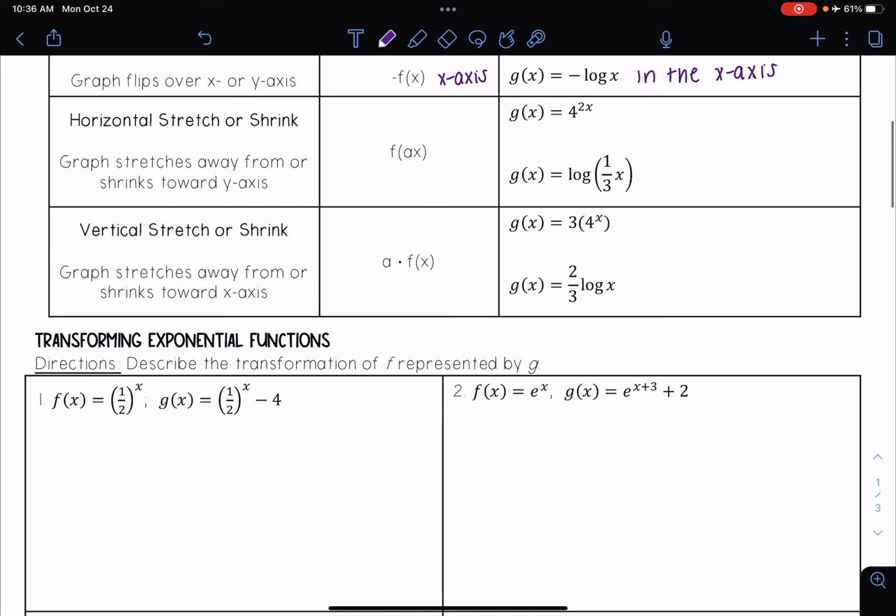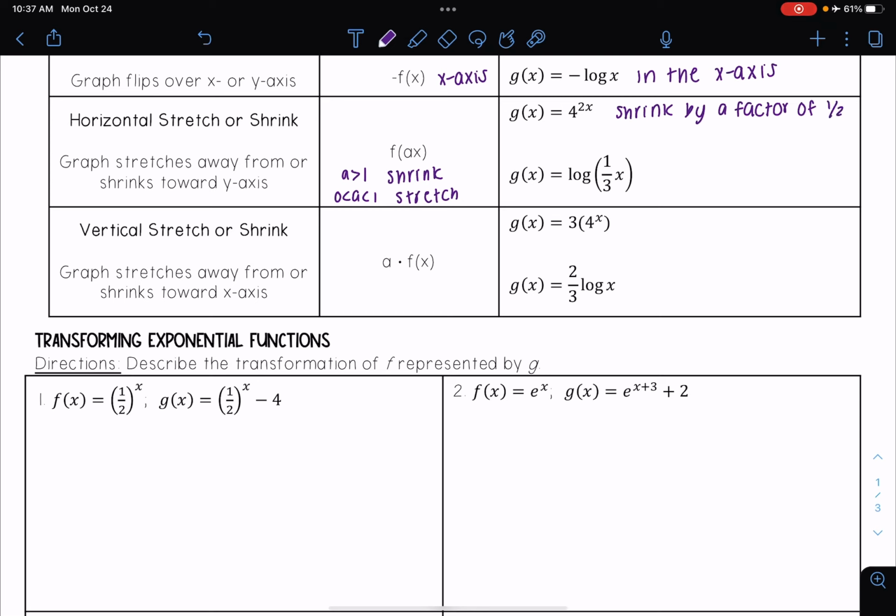Then we have a horizontal stretch or shrink, and that is where the graph stretches away from or shrinks towards the y-axis. And that would be f of a times x. And remember, if a is greater than 1, then this is going to be a shrink. And if a is between 0 and 1, this is going to be a stretch. So for example, with g of x is equal to 4 raised to the 2x, this would be a shrink by a factor